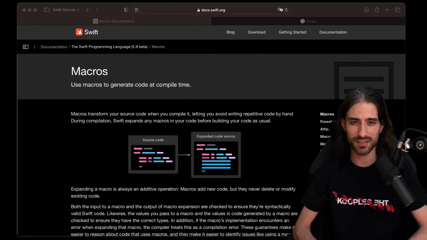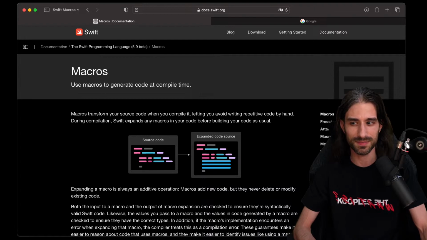Yesterday, we already explored SwiftData, Apple's new persistence framework for Swift apps. And this time, we have an even better advantage that we didn't have yesterday, which is that I have found a very good walkthrough of how Swift macros work on Apple's website, in the documentation. So this time we are not going into the wild as much as we did yesterday. We have something to guide us, and this should make this live stream a little bit more structured than what we did yesterday.